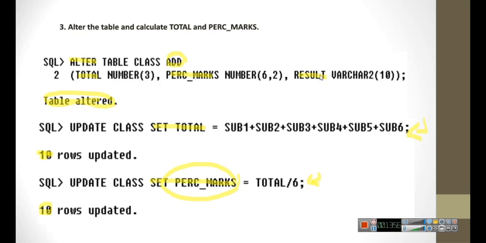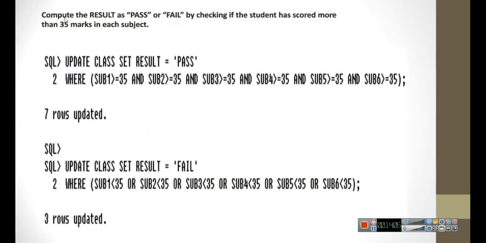Under result you have 2 conditions. One is pass condition, one is fail condition. So you are going to use 2 update commands there. So here you can see compute the result as pass or fail by checking if the student has scored more than 35 in each subject. So now we are going to